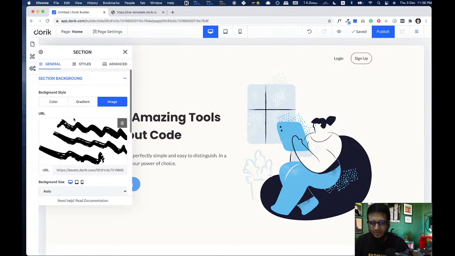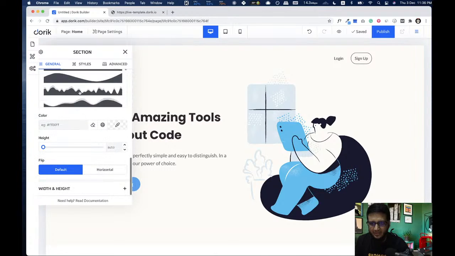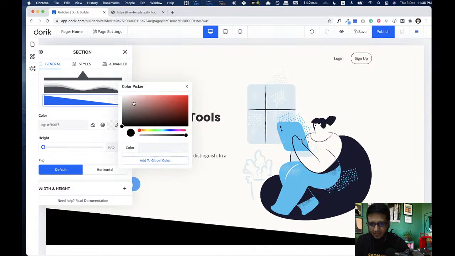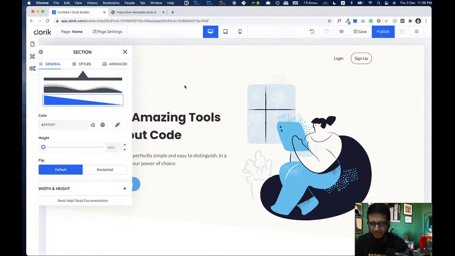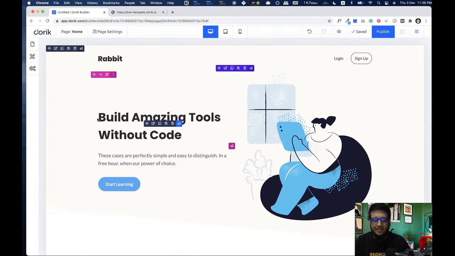Go to section frame, bottom, and there's a separator. We are gonna add this one, and it's dark but we are gonna make it white. That's it. So this is the first section done, and we are gonna make the next section.